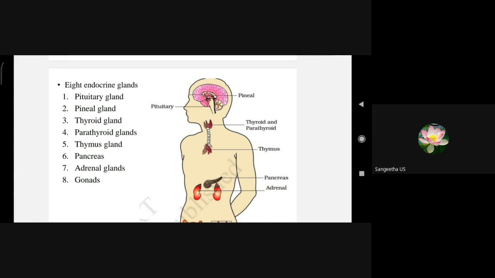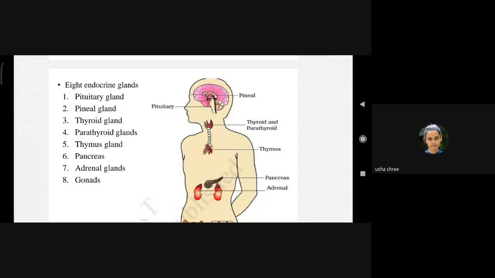Now, next is the pineal gland. Then the thyroid gland. You can see the pictures shown here. If we are asked about the master gland, then it should be pituitary, right? If there are choices among the glands and they ask for the master gland, then we should write pituitary. But if hypothalamus is there, then you should select hypothalamus. In the set of options, if there are both pituitary and hypothalamus, then hypothalamus is what we have to select. Okay.